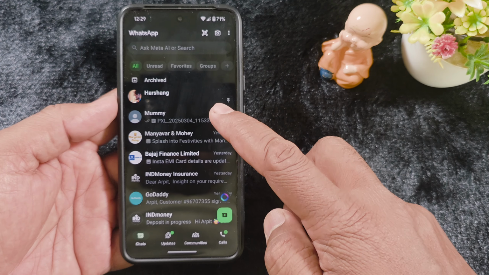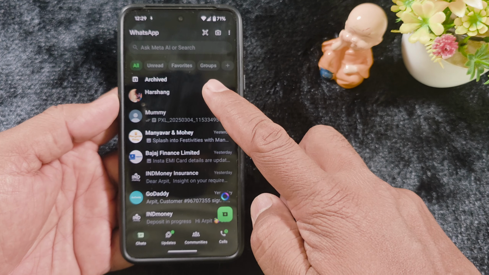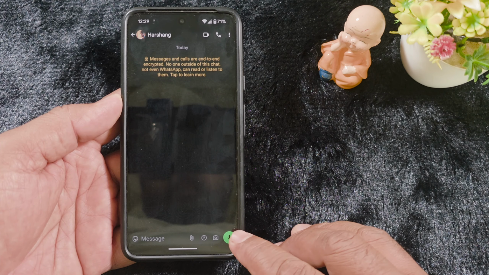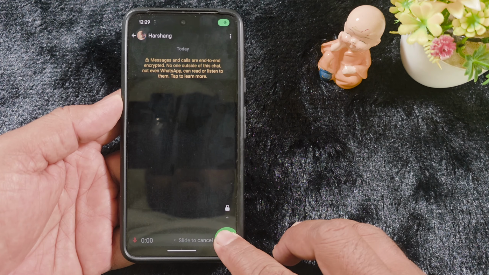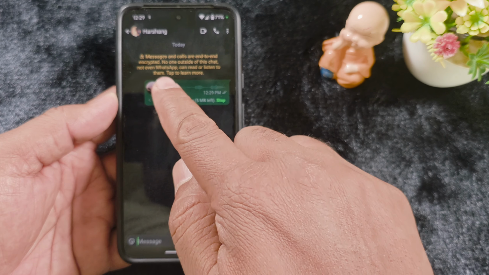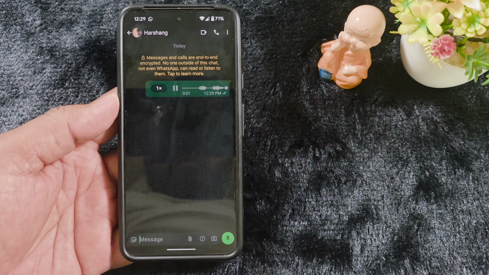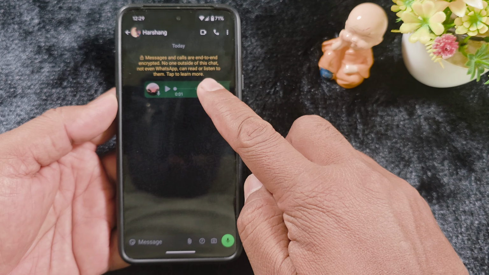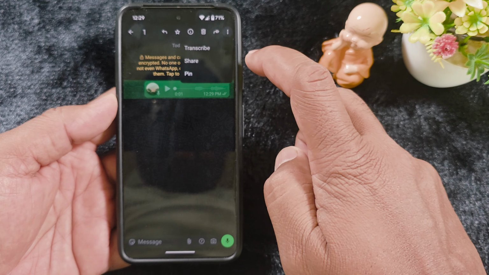Now open any contact you want to use transcribe with. Here we open this and send a message. Hello, how are you? Now you can see the message. Hello, how are you? Now after downloading the transcript language, long press it, tap on the three dots and you